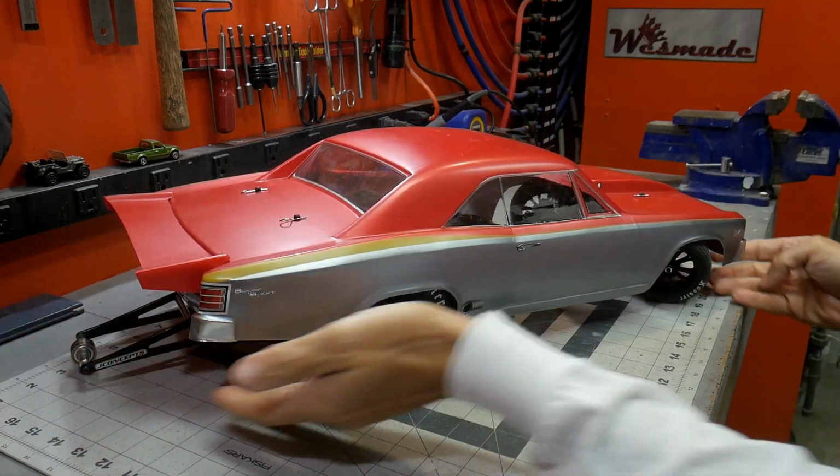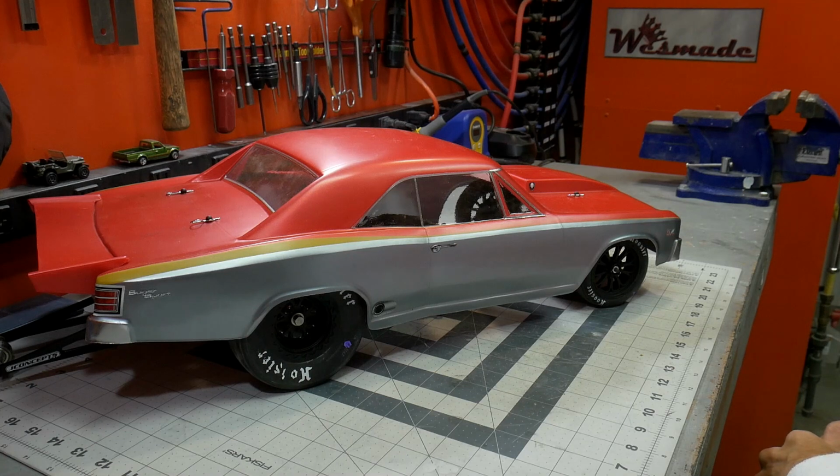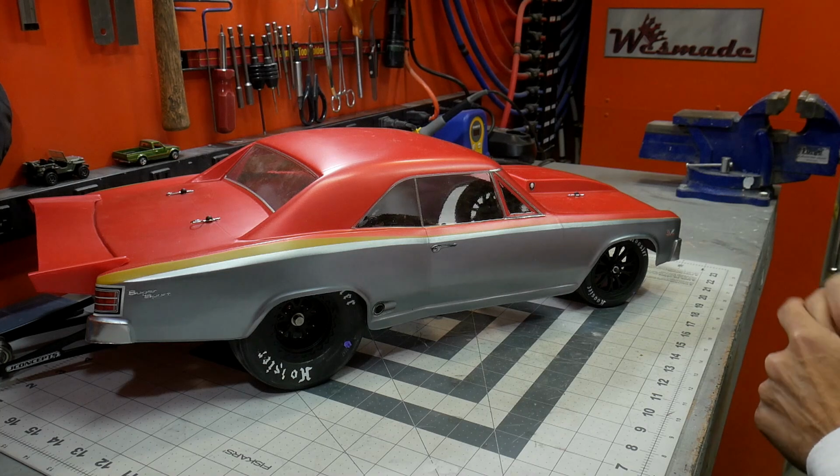So, really excited to get this thing out and test it out. I guess you call them test hits. Again, still learning all this new lingo for drag racing, but getting really excited,